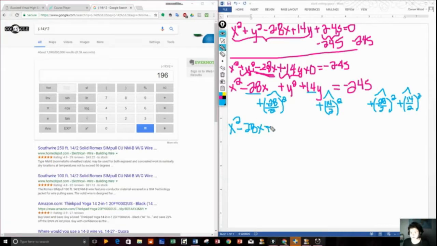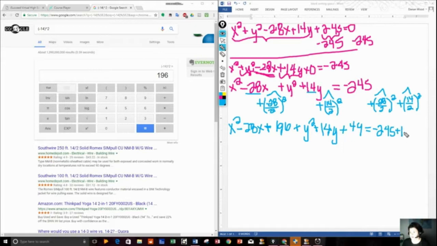Alright, so we're going to add 196 plus y squared plus 14y plus 14 divided by 2 is 7. 7 squared is 49. And that's going to equal negative 245